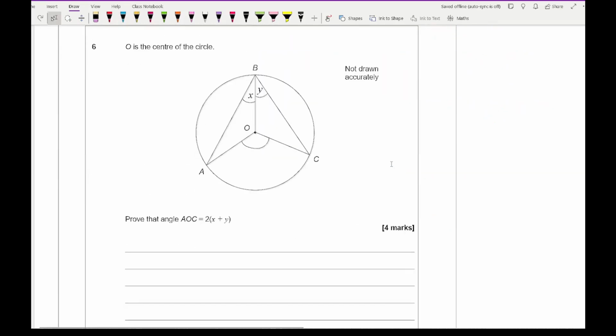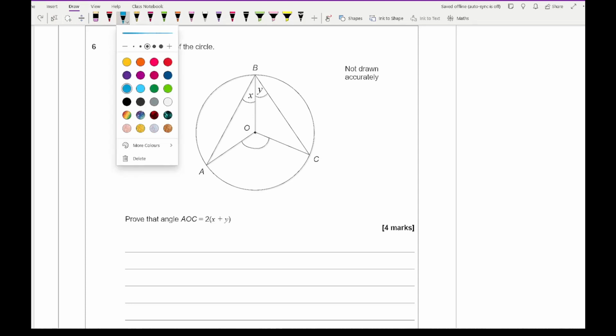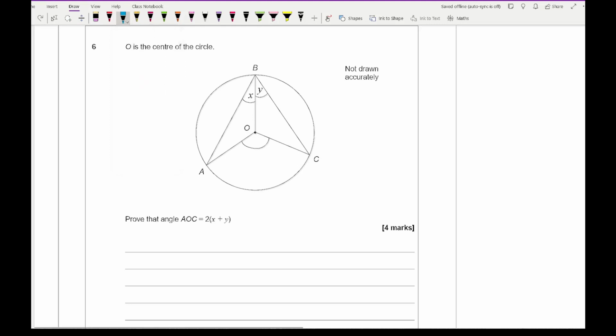Then moving on to question 6, it says O is the centre of the circle. Prove that AOC is 2 lots of x plus y. Now for this I'm going to do it more on the diagram rather than anything else, but hopefully if you want to write down the actual descriptions you can do by putting what I'm saying into words. Now we can see that if I just take this triangle here, let me just highlight it in blue,